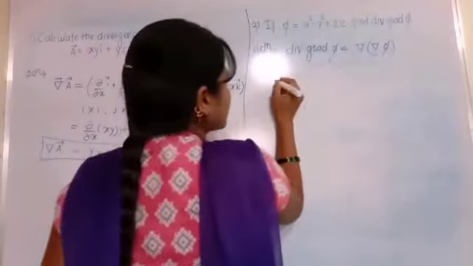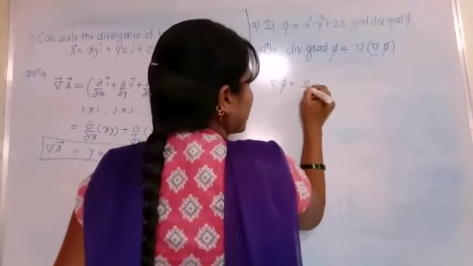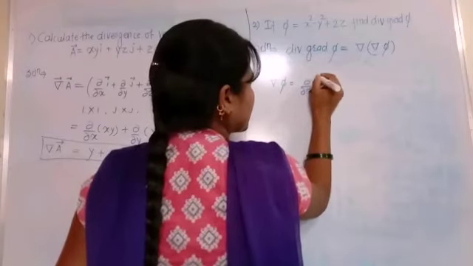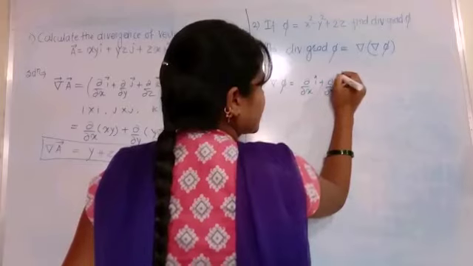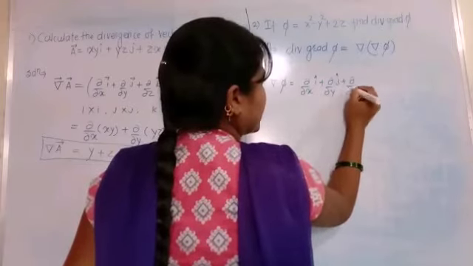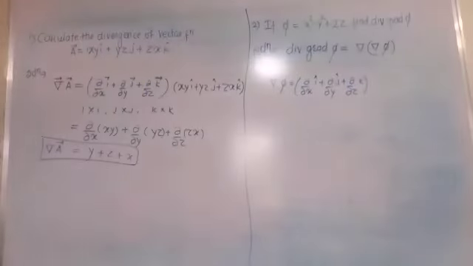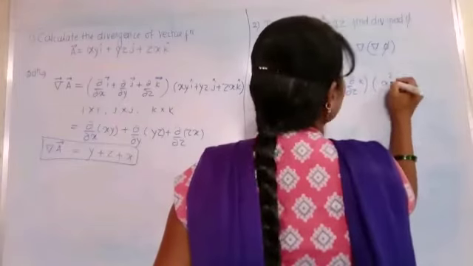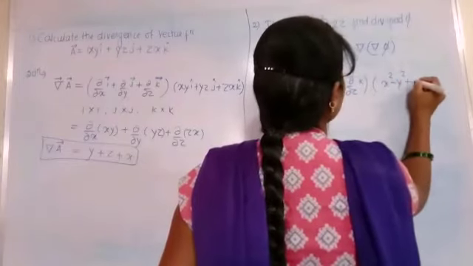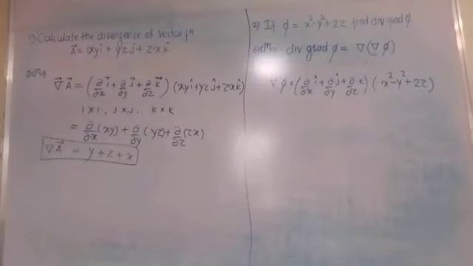Okay, first we calculate operator dot phi, where the operator is del by del x of i plus del by del y of j plus del by del z of k. So this is the operator value, and phi is x square minus y square plus twice z. Okay, so this is the value of phi. After solving we get